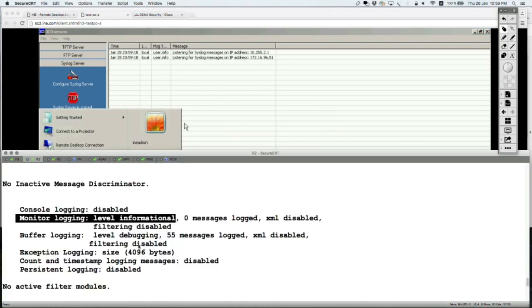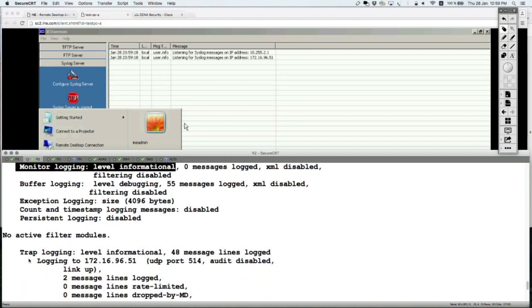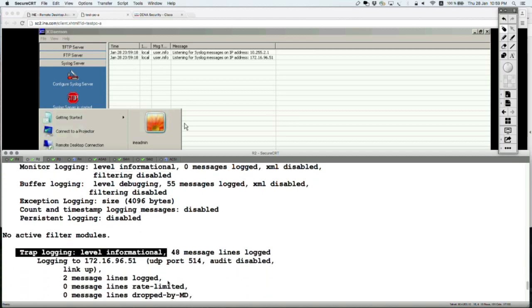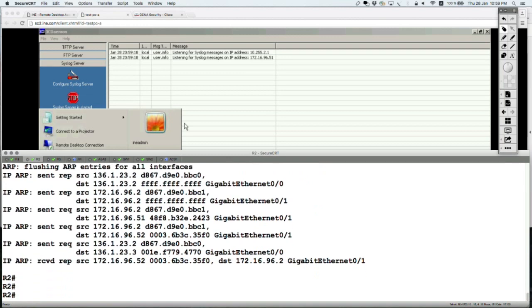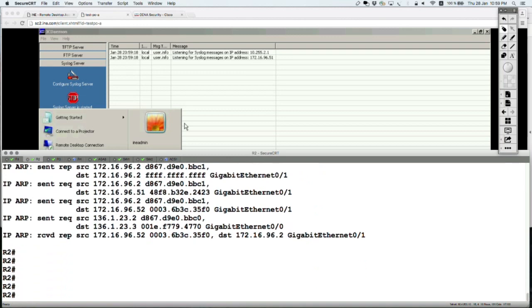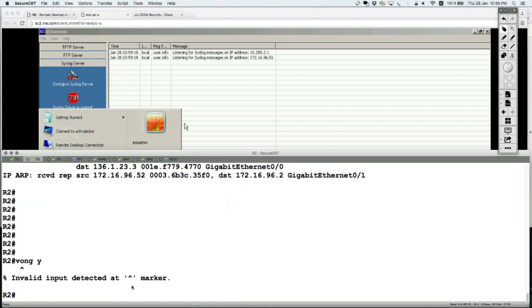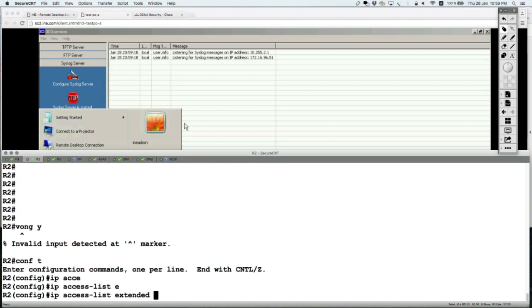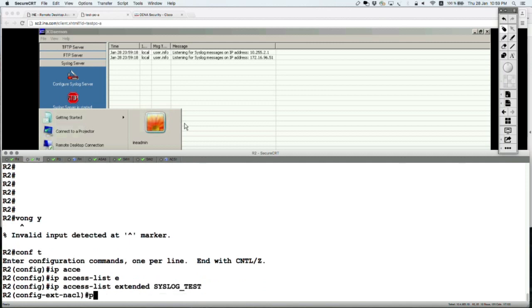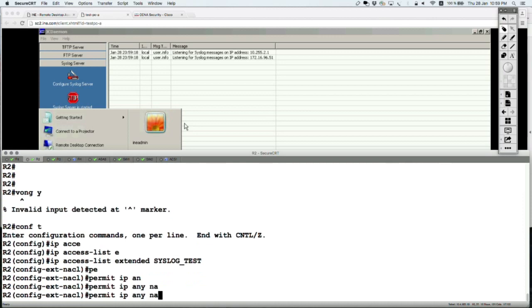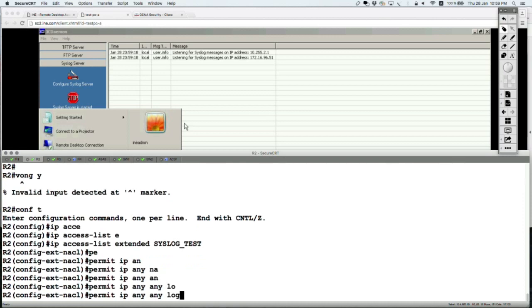Let's send some. Because at the Syslog level I'm sending informational level messages, currently I'm probably not going to spend time generating level 6 messages. I could do that by, for example, putting an access list with the log keyword. Let's actually do that. Configure terminal and say ip access-list extended syslog test, and let's say permit ip any any log, and